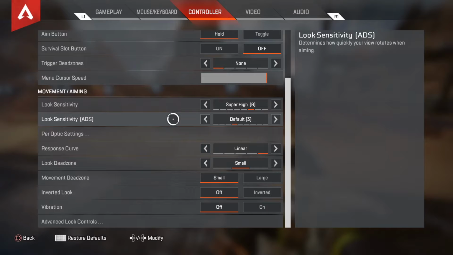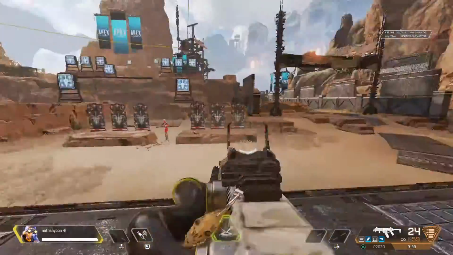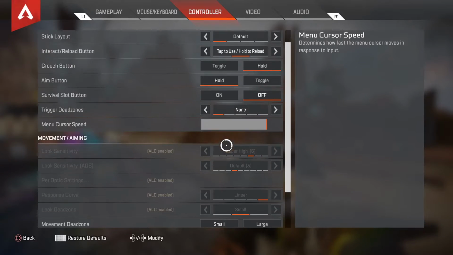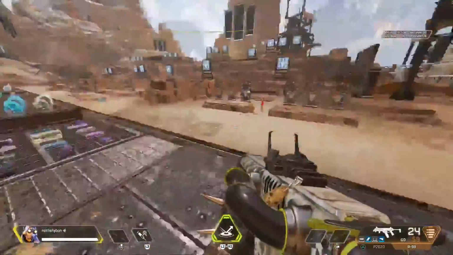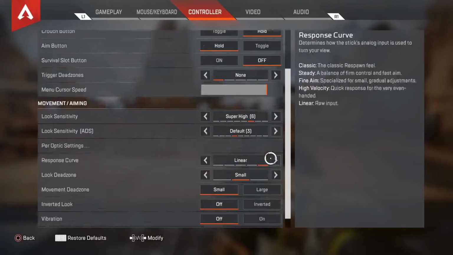But for me, this default right here is way too stiff, so that's why I use my advanced look controls so everything can be like, look at this. But if I turn it off, well, I don't think I'll be able to do that. Yeah, look at that. Oh my god, though. But if I turn it back on,